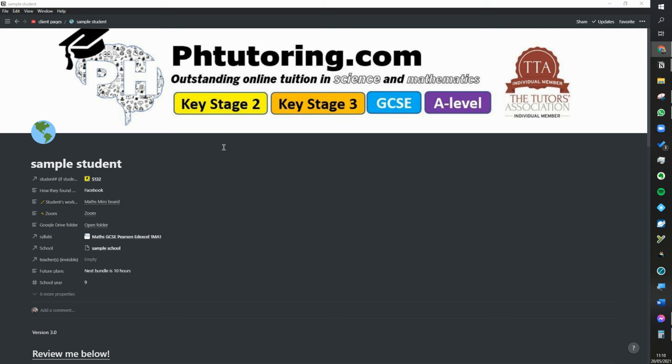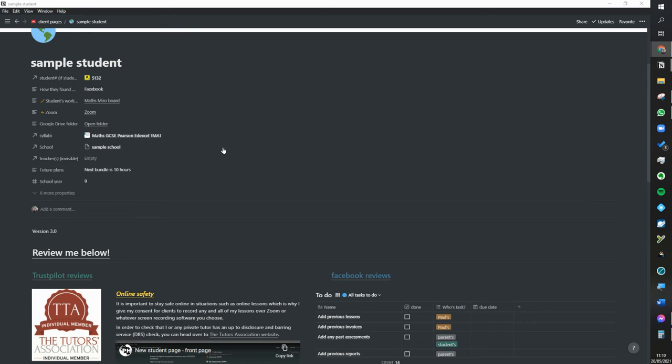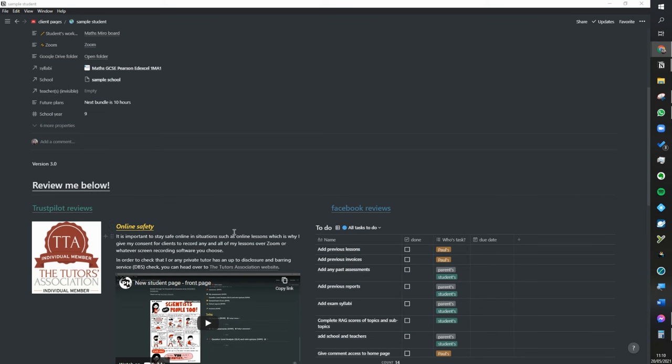and get clear information about what lessons have taken place, what was studied in those lessons, how the lessons went, how they're doing in general, what assessments they have done, and their strengths and weaknesses within various topics, different types of questions, and how many lessons are left on the bundle, and various other things. What exam board are they taking? It's just a very organised sort of